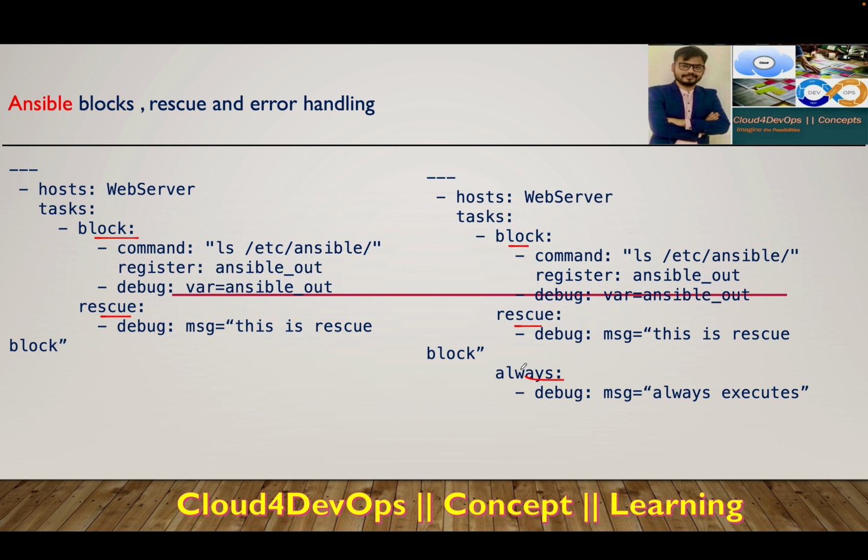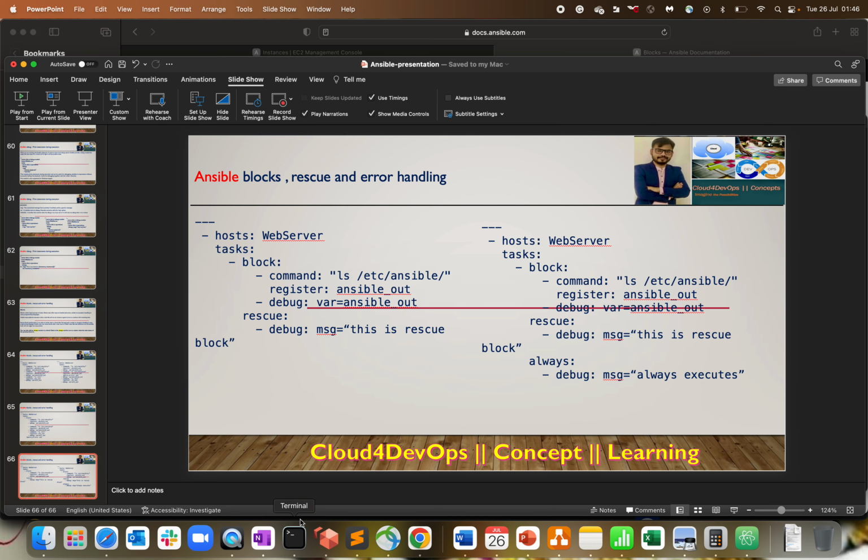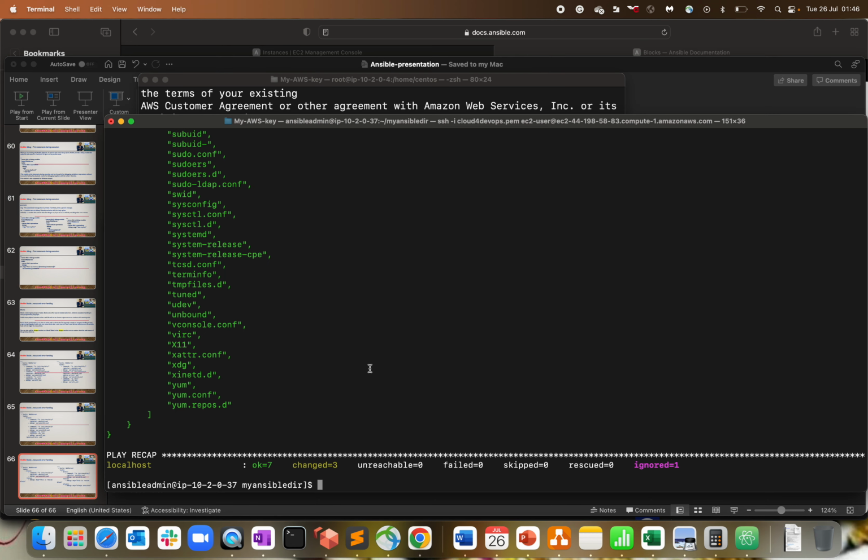So if block fails, rescue will work. Always basically always executes, right? If rescue is not getting executed and only block is executed, we can also execute always. How to do that? Let's navigate to our terminal again. Now what we have to do, and as you can see, at block level we have rescue. So just make sure, then only Ansible will understand that this is part of the block rescue section within error handling. Okay, let's go back over here,